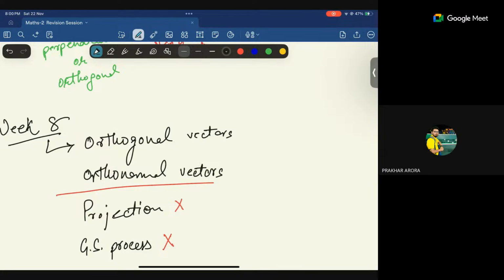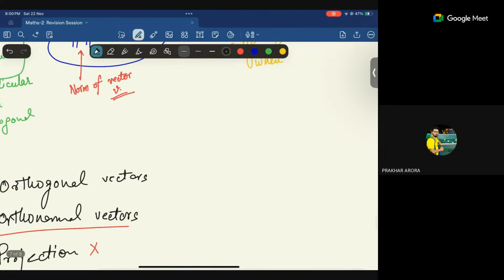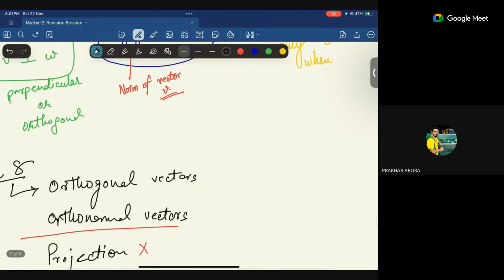Now orthogonal vectors and orthonormal vectors, these are just 2 minute topics. No, Mudit, I don't think so. My time is already up. Let's go for orthogonal vectors. This is a set of vectors. Avni, not that. Actually, you will get 1 or 2 questions from affine spaces, one definitely. Just quickly, orthogonal vectors.